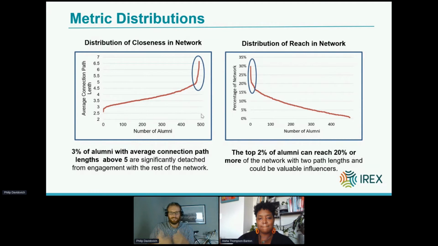And when we think of influencers, consider something as simple as just getting the word out that an application is open. These people might be people that you definitely want to make sure are on your email list if you're reaching out to them, just so they can spread that news more quickly. Even if it's an application for something else and a partner reaches out to you, they could be really great and valuable influencers when you're just trying to share information quickly and the deadline might be only 1 or 2 weeks away. So these tools can be really helpful just to inform and identify who the people are in these engagement areas, and how they might be able to support program activities and support the network